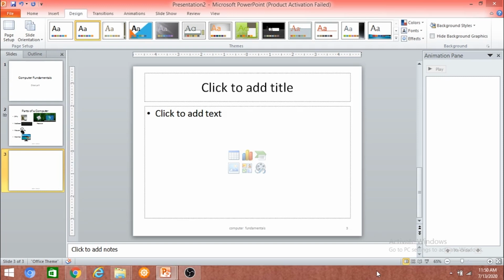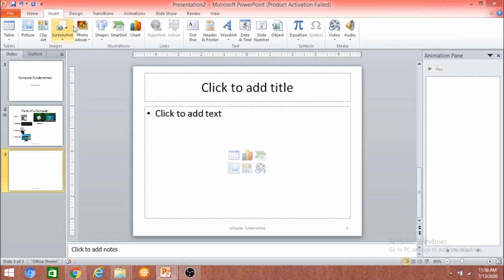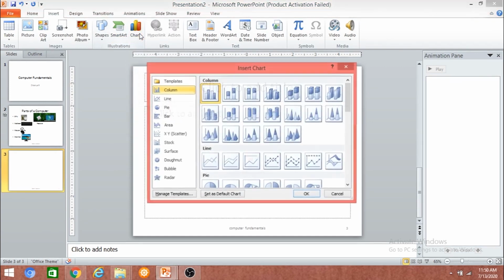Now let us see how to add charts onto your presentation. As you know, charts and graphs are an effective way to present information to your audience. For creating charts, select the slide where you want the chart to appear. In the Insert tab, under the Illustrations group, click on Chart to open the Insert Chart dialog box.